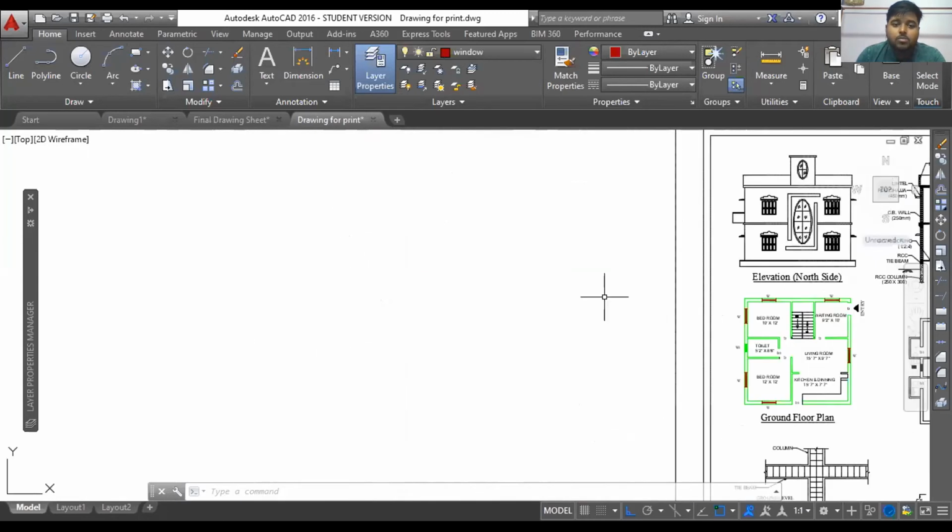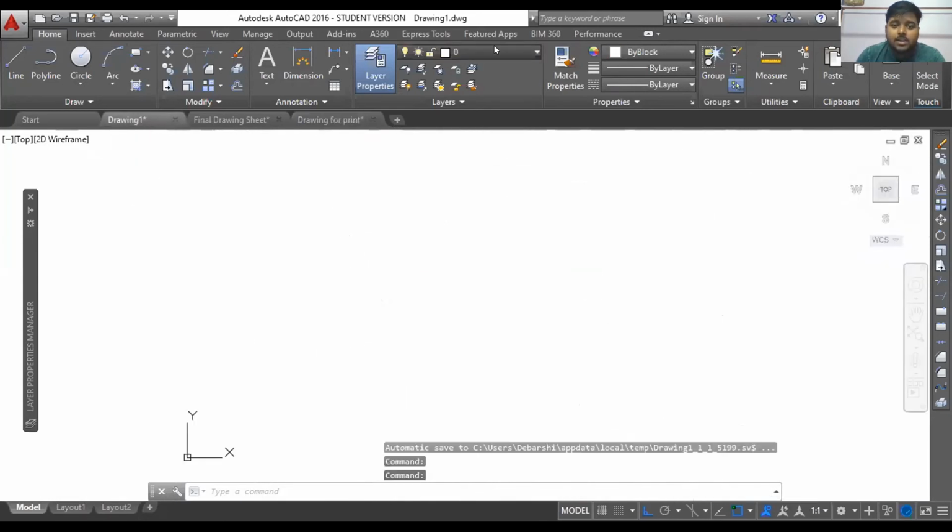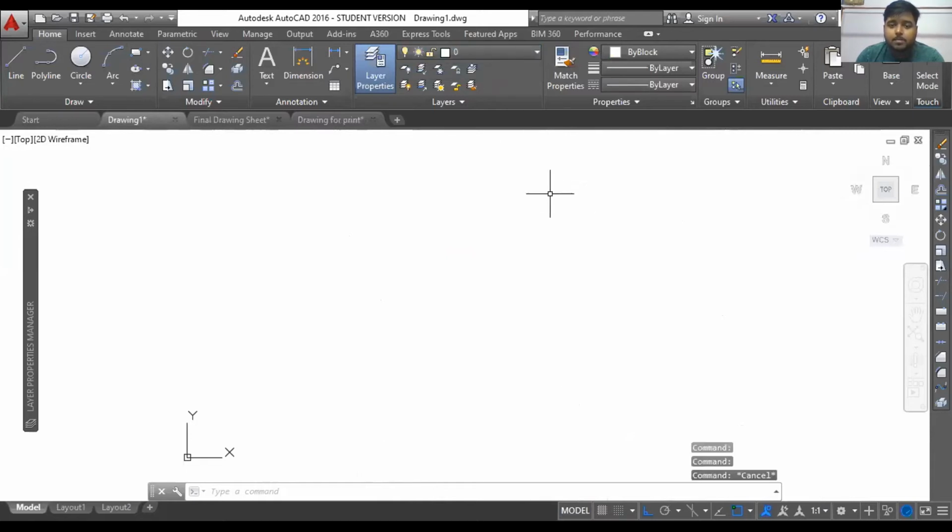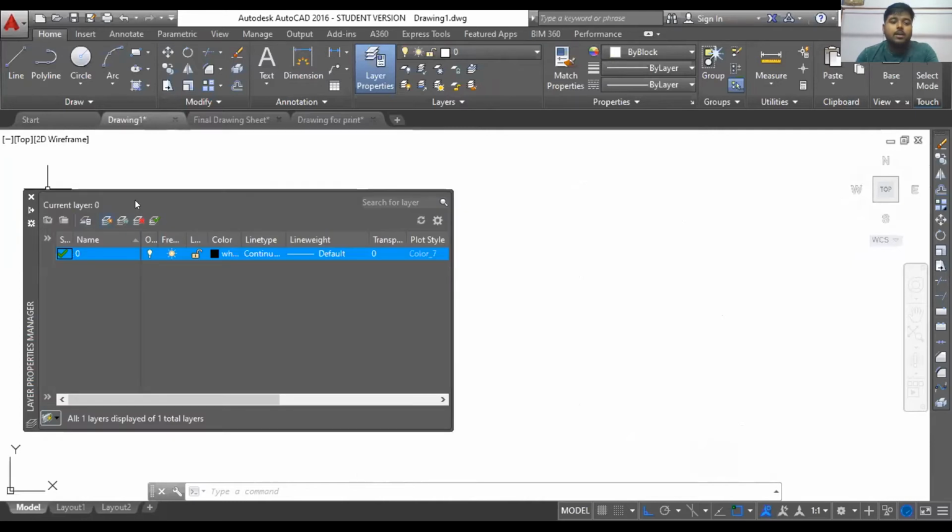When you are starting over a fresh sheet like this, where there is no new layer, zero is basically the default layer, you can say. Then maybe you will be drafting a new plan. Then what are the layers you can make? First you can make walls, maybe 10-inch wall, just name it.